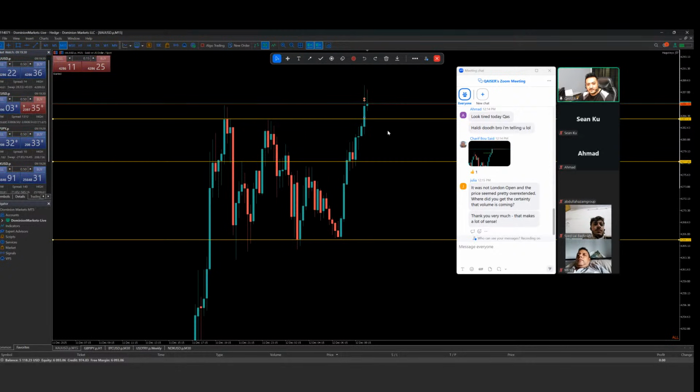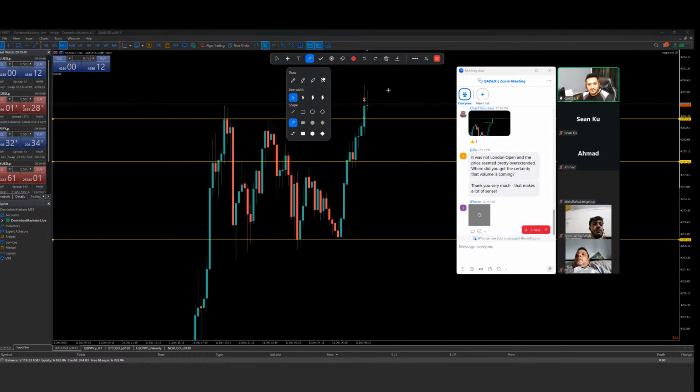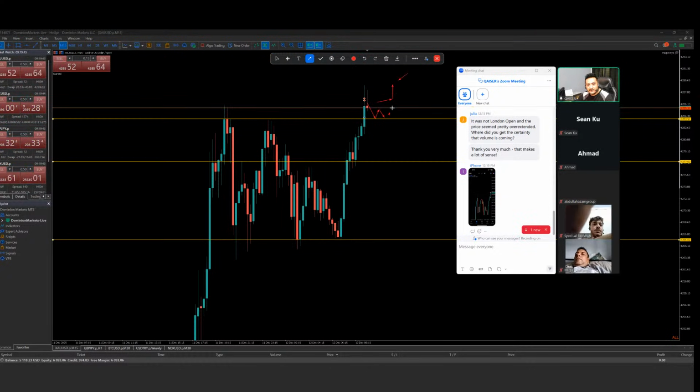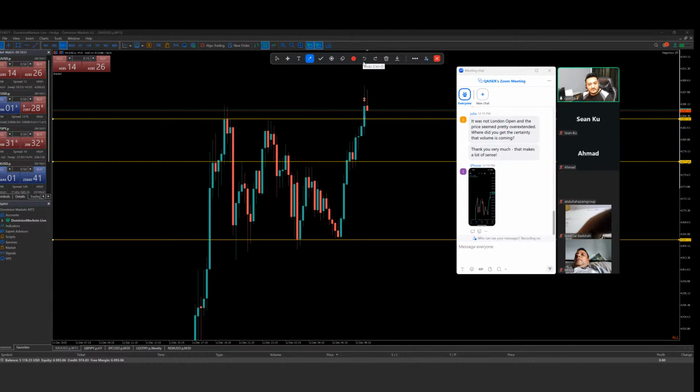After the closure of the 30-minute candle, I'm going to readjust my zones, and then wait for the new structure to be formed. New structure means if it's doing some kind of consolidation here, then if it breaks above the high I will take a buy, and if it breaks the low I will take the sell. Or the best thing would be, it's a very strong bullish momentum, anyone can easily understand that, so I'm not going to try to go for the sells.